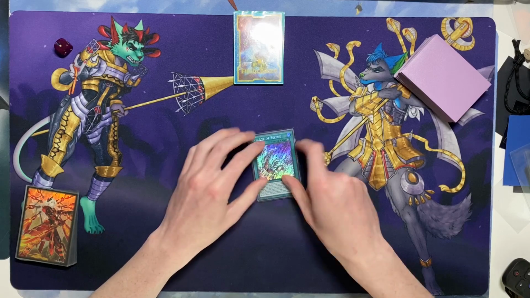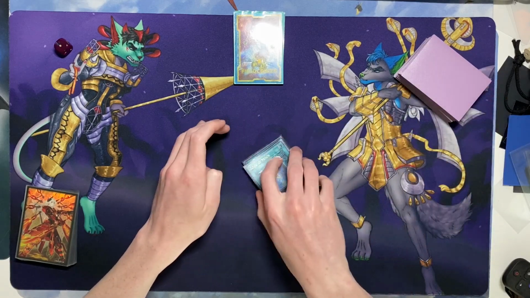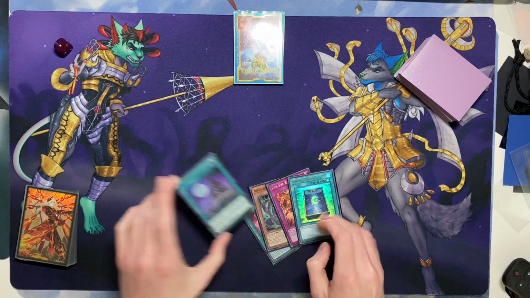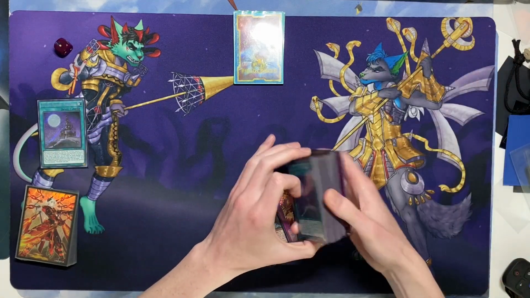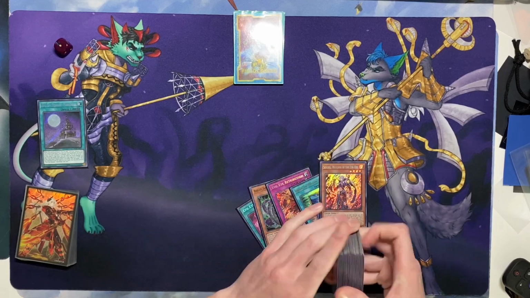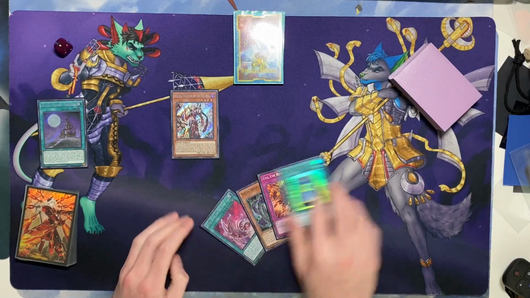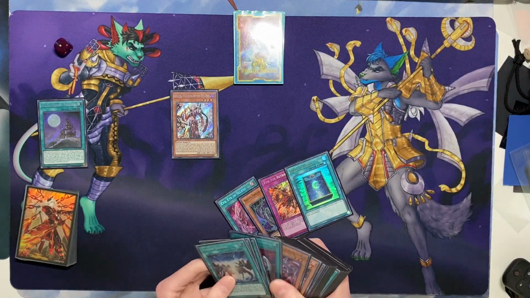Hand number 1, we got Selene, Basilius, Domain, Retribution, and Book of Moon. This is a pretty average hand. So we're going to activate our Domain. That's going to search for our Serziel. Then we will normal summon the guy and activate his effect. That will get our copy of...